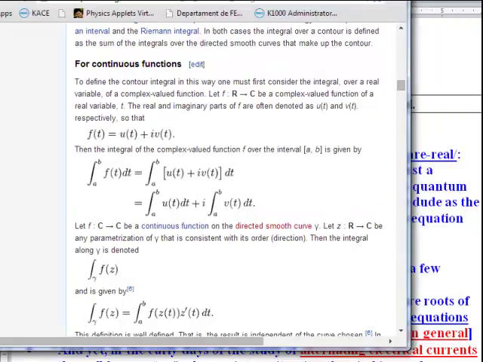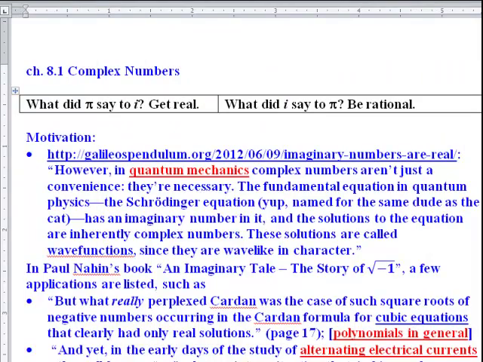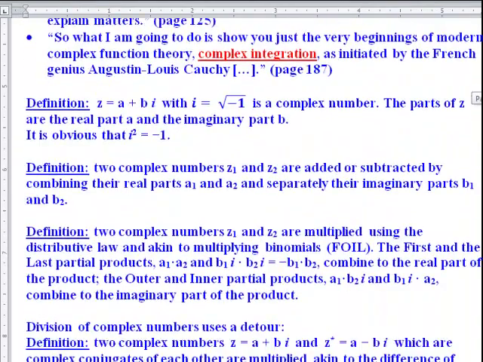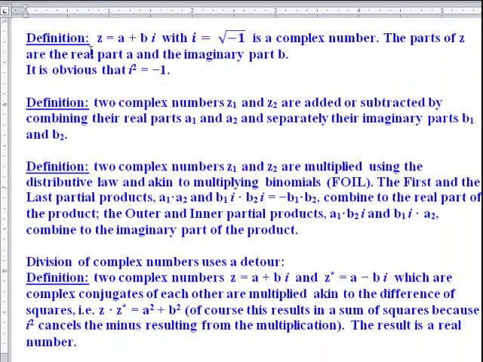Okay, let's look at some definitions from the book, and I pretty much just copied these here. So a definition is that a complex number z equals a plus bi, with the i being the square root of negative 1, and these are the two parts. This is the real part, this is the imaginary part. The two cannot be combined,